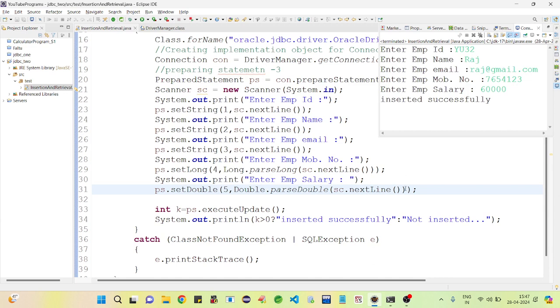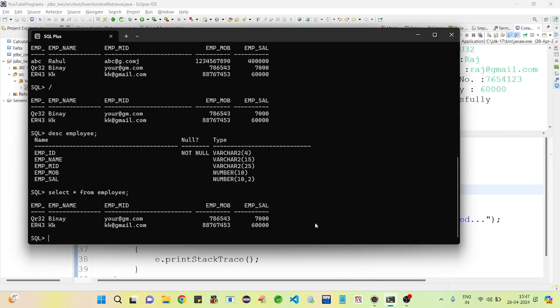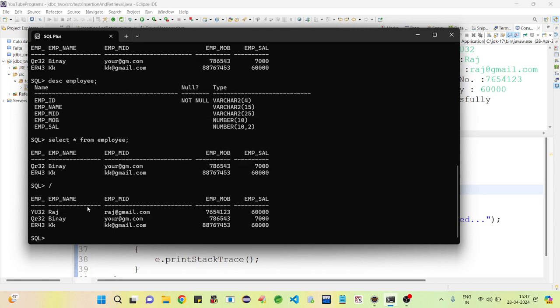Inserted successfully. Now we are checking on database. Is it inserted successfully or not? Yes, it is visible on database. U32 employee ID, name Raj, email ID raj@gmail.com, all these details.